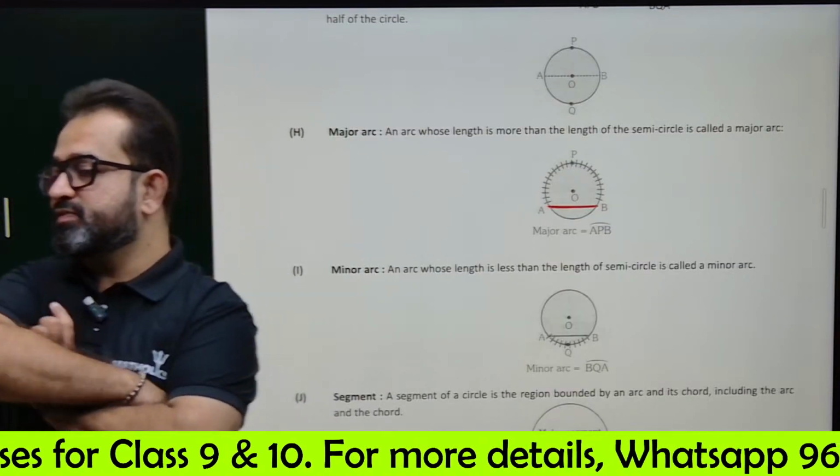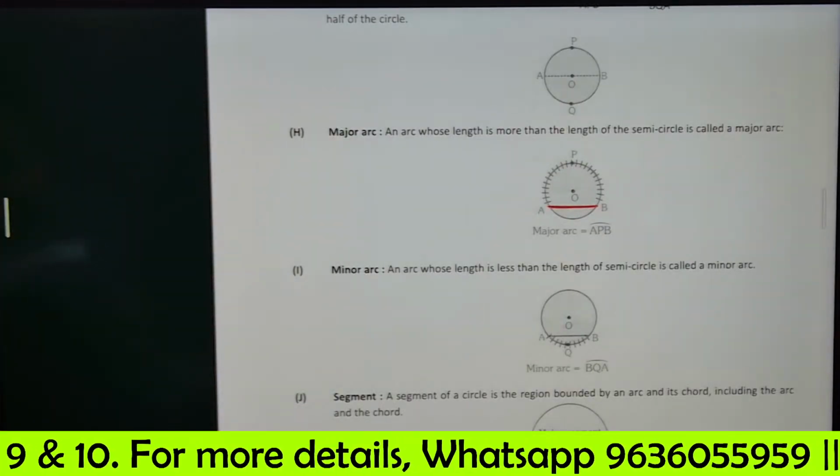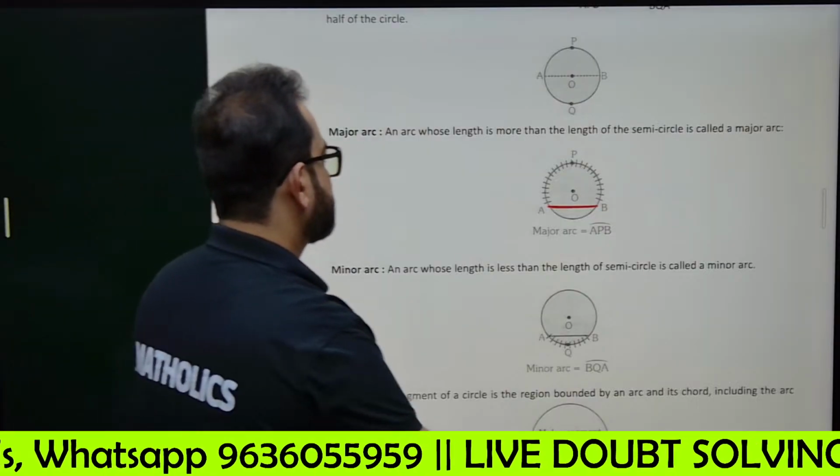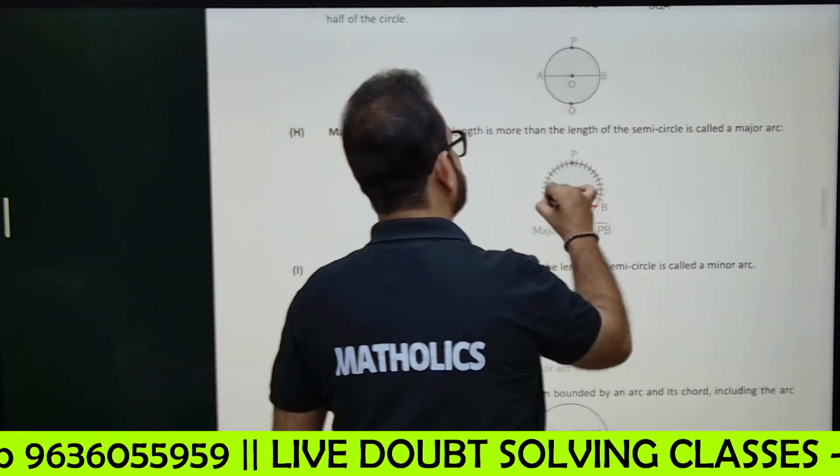Can you see these two parts? One is bigger and one is smaller. Okay, so this bigger part will be called as,